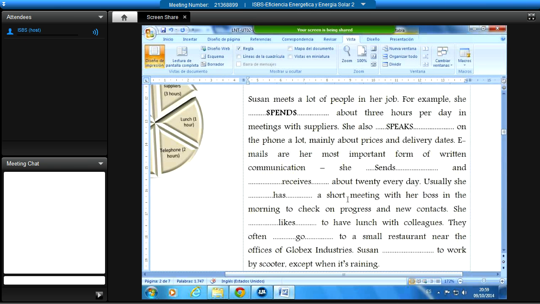And finally, Susan travels. Does it sound strange to you? I see. What is strange? I see, travel is better for another type of activity. Not in English, you know?